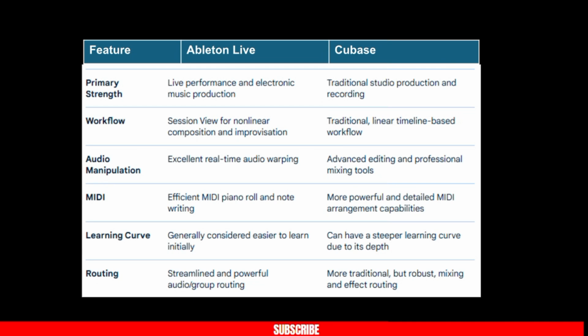Ableton Live has an efficient MIDI piano roll and note writing option, but Cubase has more powerful and detailed MIDI arrangement capabilities. Ableton Live is generally considered easier to learn initially, but Cubase can have a steeper learning curve due to its depth. Ableton has streamlined and powerful audio group routing, while Cubase has more traditional but robust mixing and